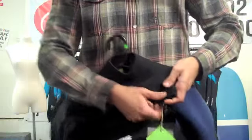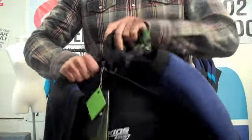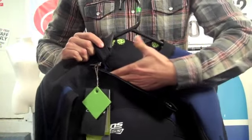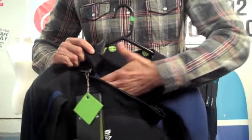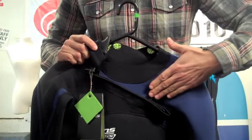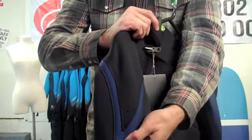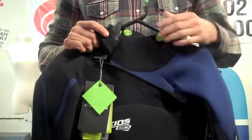Okay, so that's pretty much how it works. You've got the top piece here which goes over the top of the actual wetsuit itself. On the inside you have the wetsuit itself, and then you have the chest piece sewn over the top. Any water that comes in through the collar, instead of going into the wetsuit, meets the inside panel of the suit here, and is drained out through the side or through the drain hole on the arm. I do believe there's a couple around the back as well, basically just so it doesn't sit around in the